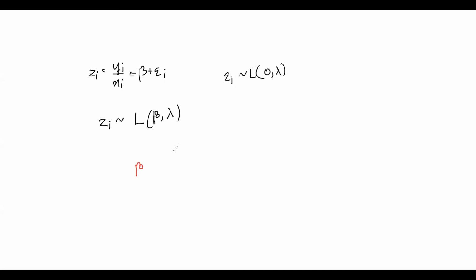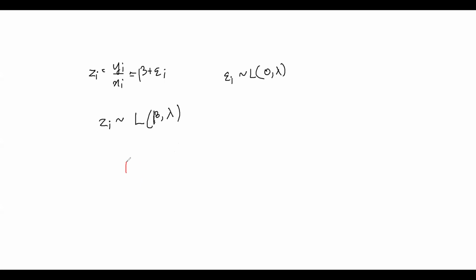The MLE part is really simple again. If you see, zi is equal to yi by xi is equal to beta plus epsilon i. Now this epsilon i follows Laplace 0 comma lambda over here. So therefore zi follows Laplace beta comma lambda. Simple, right? It follows Laplace beta comma lambda, and if you want to find beta hat MLE,